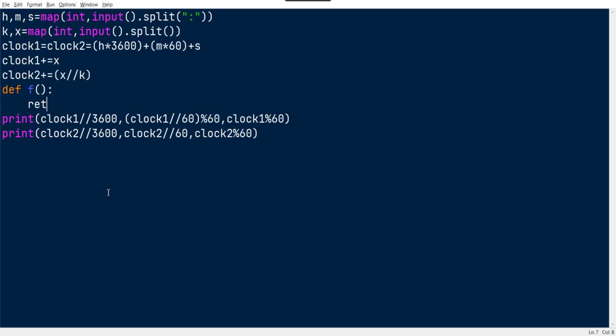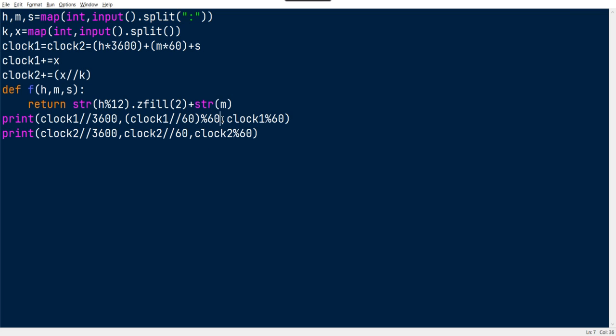What we need to return has parameters of hour, minute and seconds. Return str of hour modulo 12 dot zfill of 2 plus str of minutes.